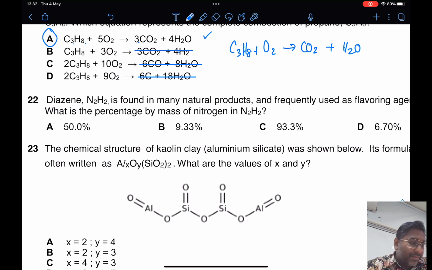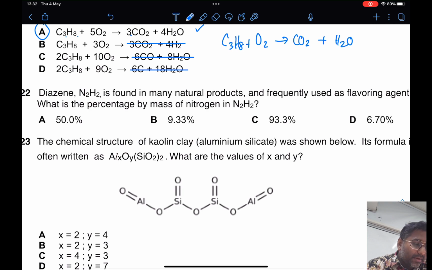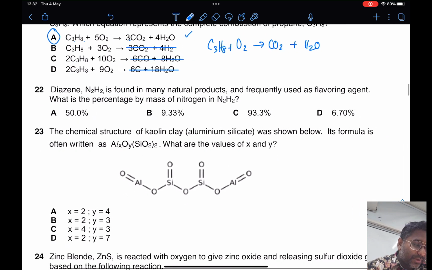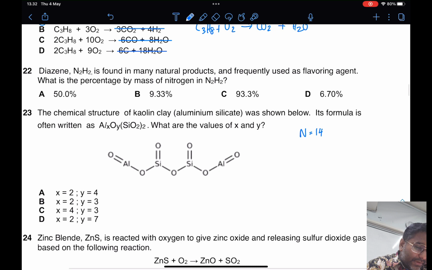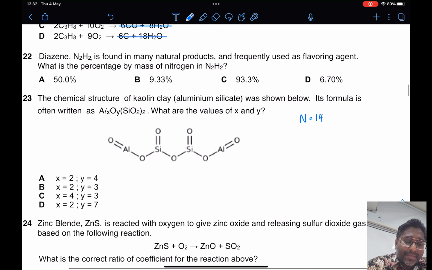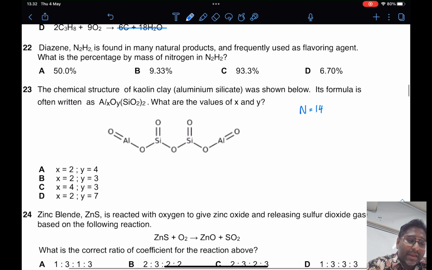Okay. Now, question number 22. Diazine N2H2 is found in many natural products and frequently used as a flavoring agent. What is the percentage by mass of nitrogen in N2H2? To find the percentage by mass, nitrogen is going to be 14, if you look at your periodic table, the relative atomic mass. So the percentage of mass is going to be,